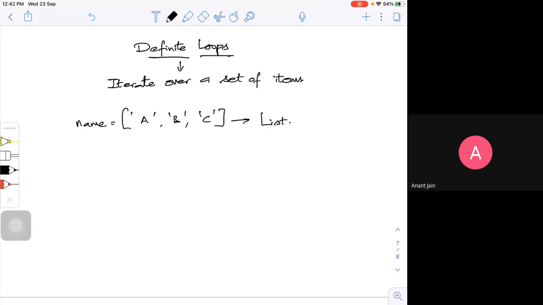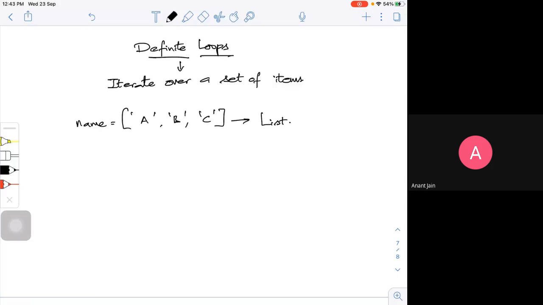So we can write a loop to run each time for a given set of instructions or whatever it may be. That's why these loops are called definite, because they execute a certain number of times. If you know something about MATLAB, for i equal to 1 to 10 in steps of 0.1, what does it do? 1, 1.1, 1.2, till it reaches 10, then it comes out.